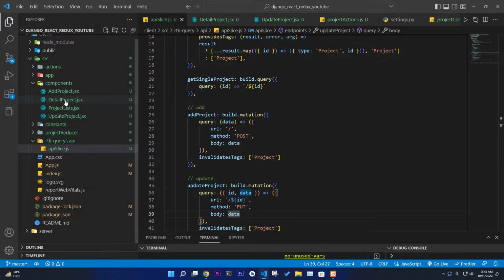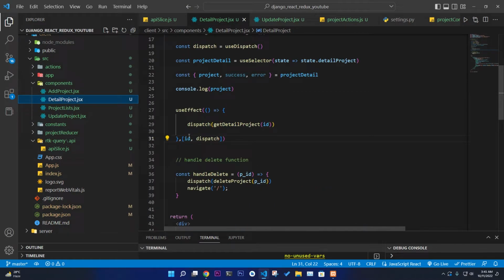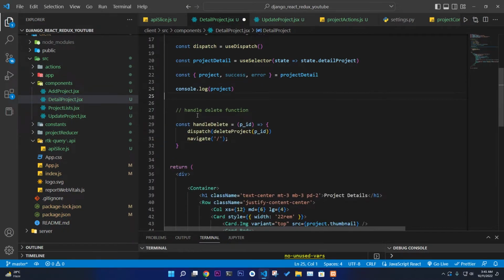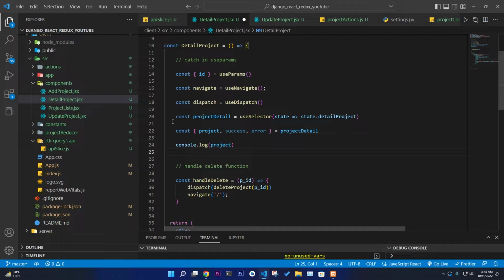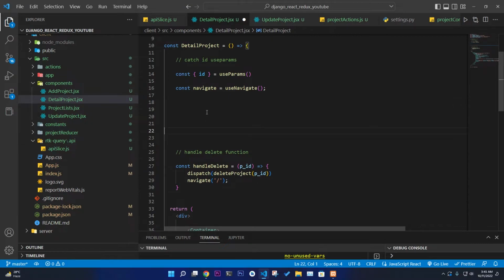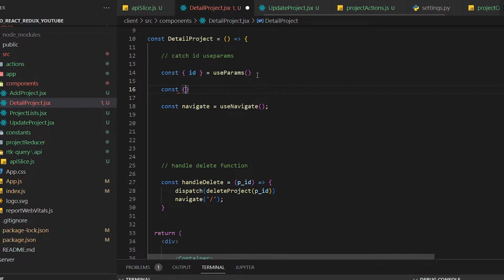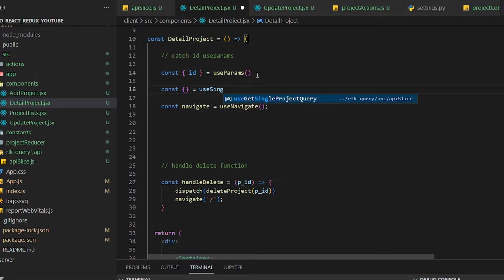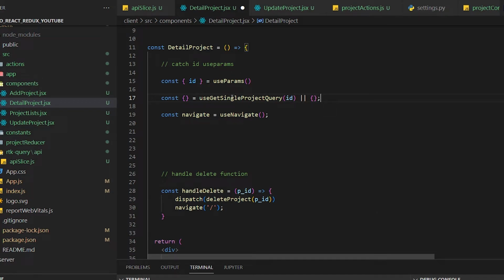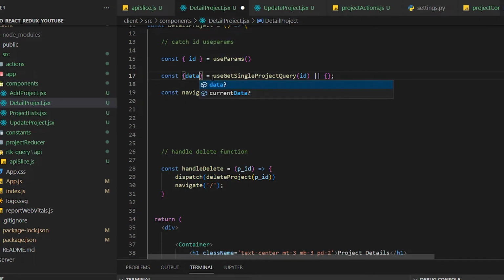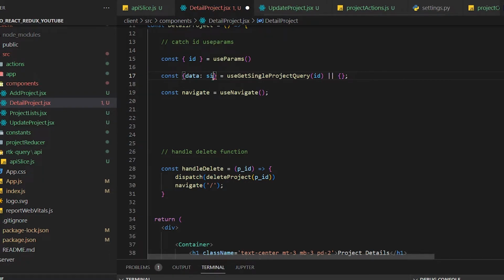Now I'm going to work with the detail of your application. So detail is very, very important. Just remove every single useEffect, because here in this detail project I need to handle our delete functionality as well. So we don't need this project detail, we don't even need that, we don't need dispatch. Okay, simple. And here I'm going to use const get a single data. It will be coming from get single video project query, and here you can pass this ID if you want. Very simple, get single project query takes some ID, and in the data you're going to have a single